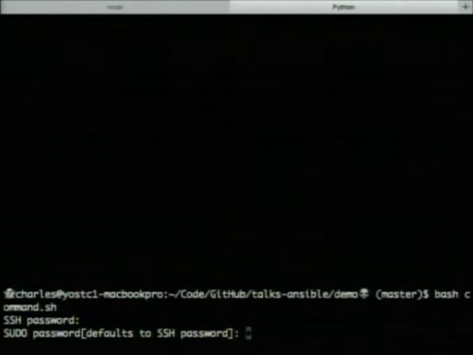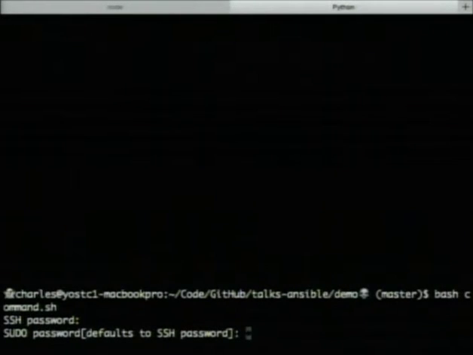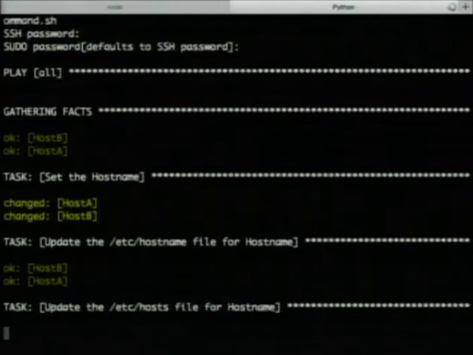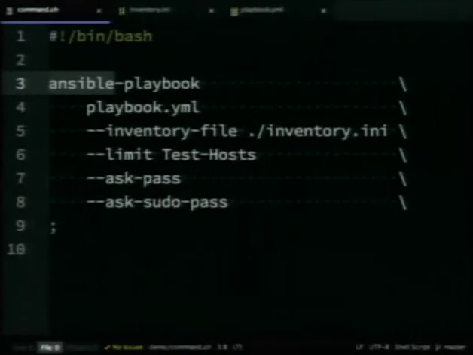I'm talking to two virtual machines that are essentially Debian, latest version, Jessie, that has SSH installed and Python, which is pretty much how it comes out of the box. That's it. No keys, no extra files. They literally only have that set up on them. So we're going to go ahead and kick this off. It's going to have a wall of text. And in the meantime, we're going to go back to the files. So this is the command that got run.